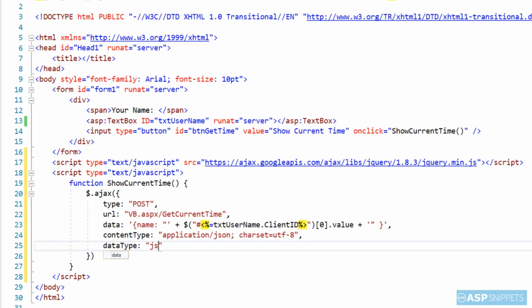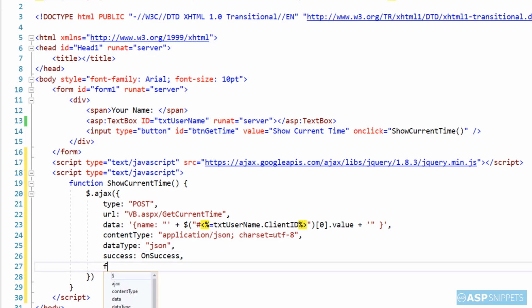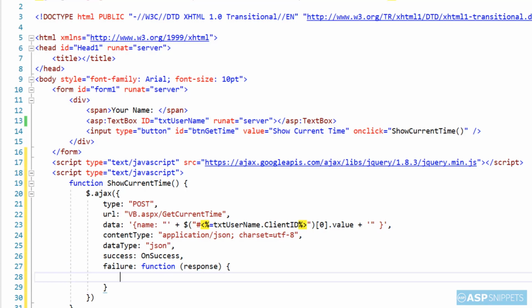This is used to specify the type of data we will receive. So the type of data we'll receive is also JSON. Now I am specifying the success event handler, and I am defining the failure event handler. That is, when this particular AJAX call fails, it will be handled here.